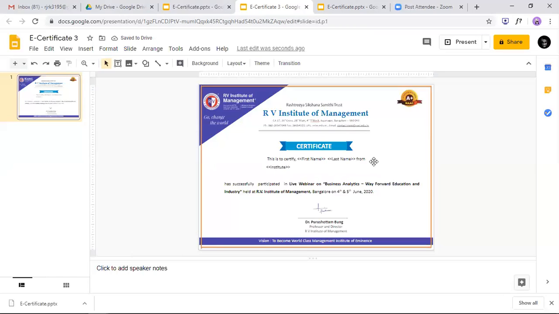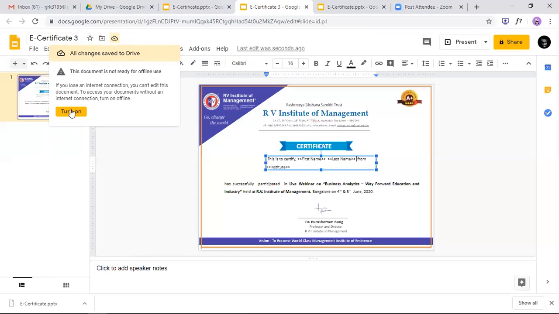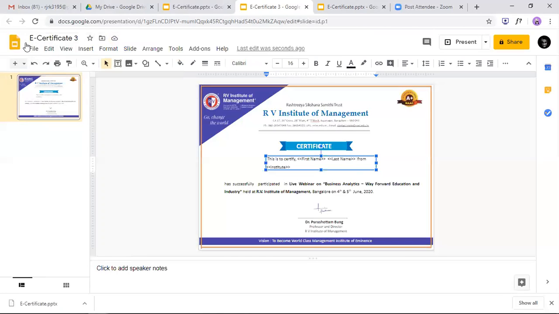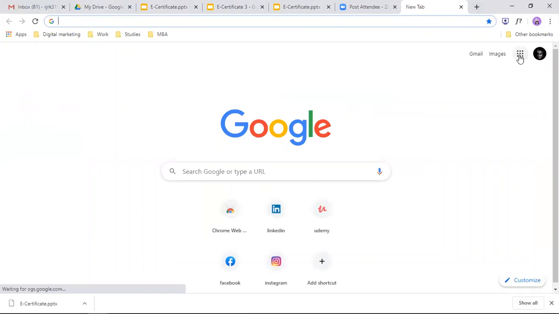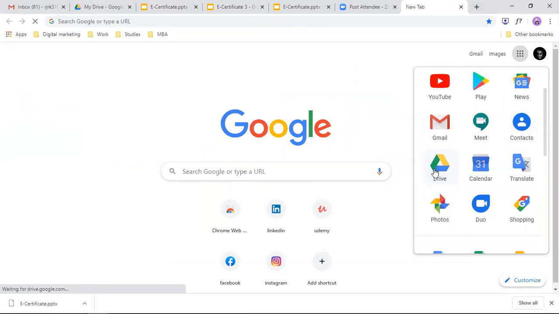So we close this tab. This is the template for us to continue on. It will be saved. You just have to go to the drive. This is not needed. This will be shared in your drive automatically when you are connected to the internet, so that's not a problem. Now we just have to go again to the drive where the forms are. We'll just create a form there.